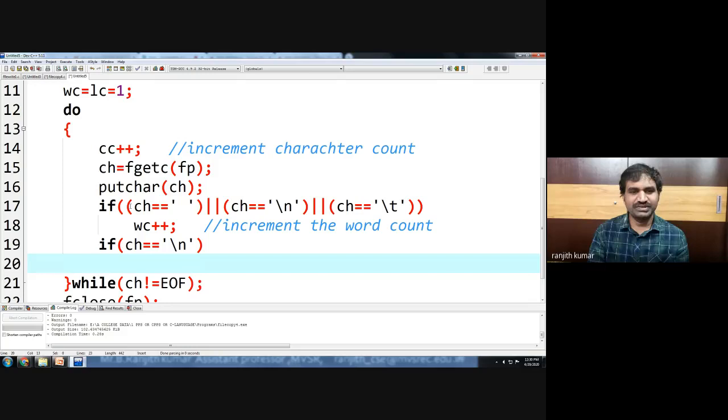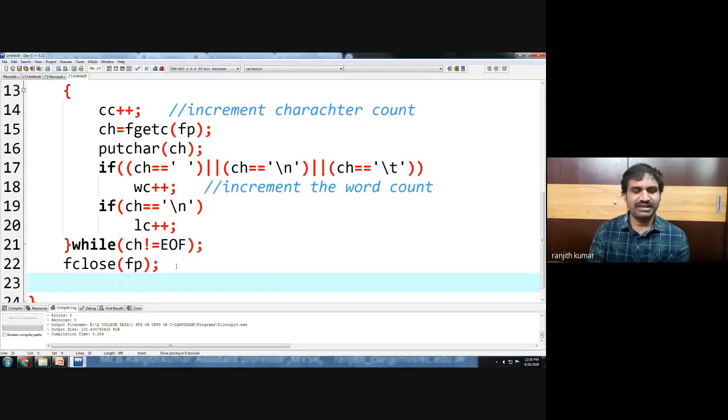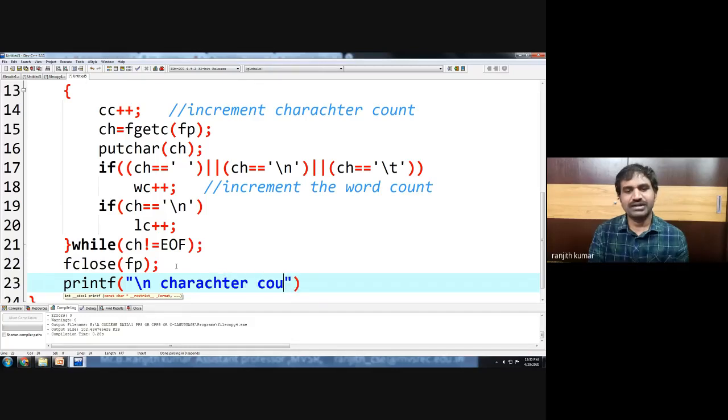This will increment line plus plus. Now, after coming out of the loop, you can print the number of words and number of lines. So the character count in a file is %d, cc.